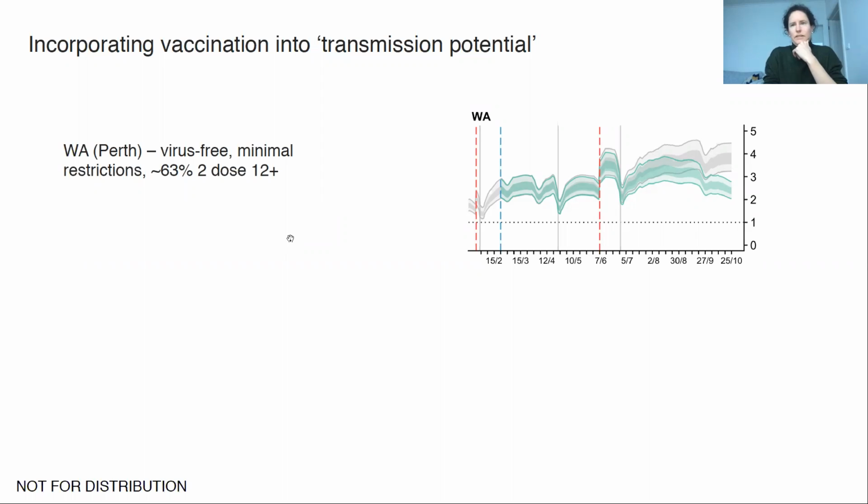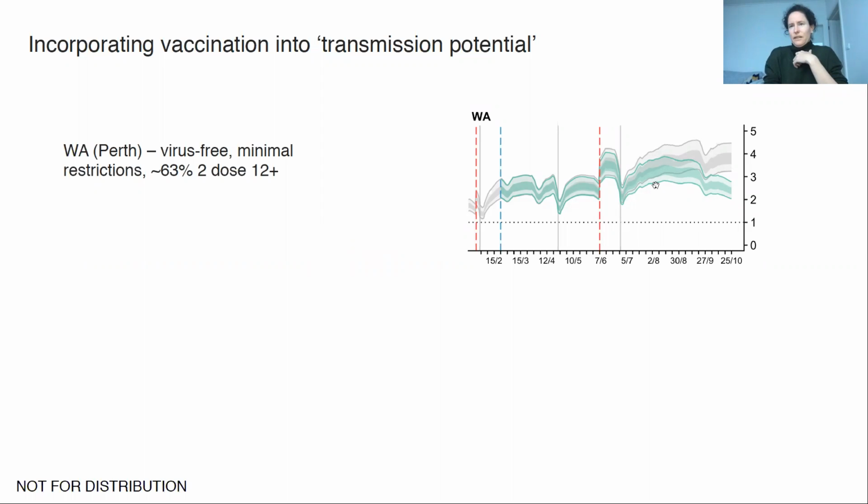There are a number of other states and territories in Australia that have had very long sustained periods without any cases of COVID-19. One of them, and this is just showing Western Australia, is currently virus-free, except for some cases in managed hotel quarantine. They have been like this for a long time, and we can see the population, compared to Sydney and Melbourne, is very relaxed. We estimate that the potential for virus spread, if it were present, is very high in this location.